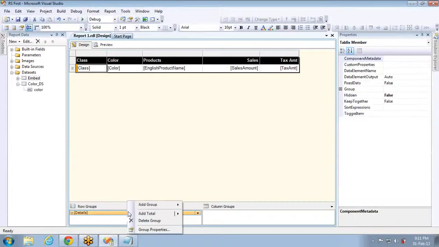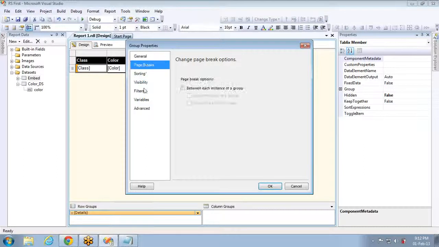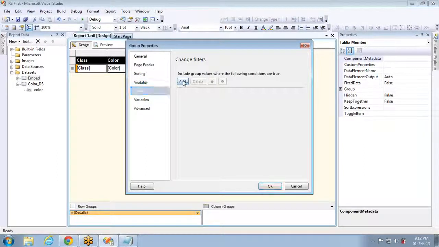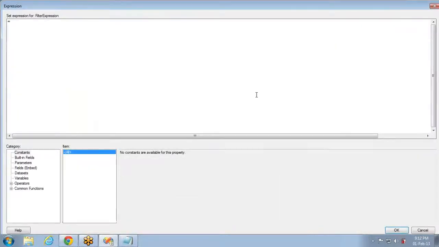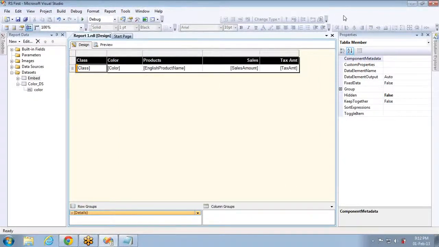If I select the expression in the group properties, let's say page breaks or filters, you can see the same expressions page opens. There is no difference between the expression page that I opened in the text box, matrix report, or tabular report, or to set some property like color, background color, and so on.